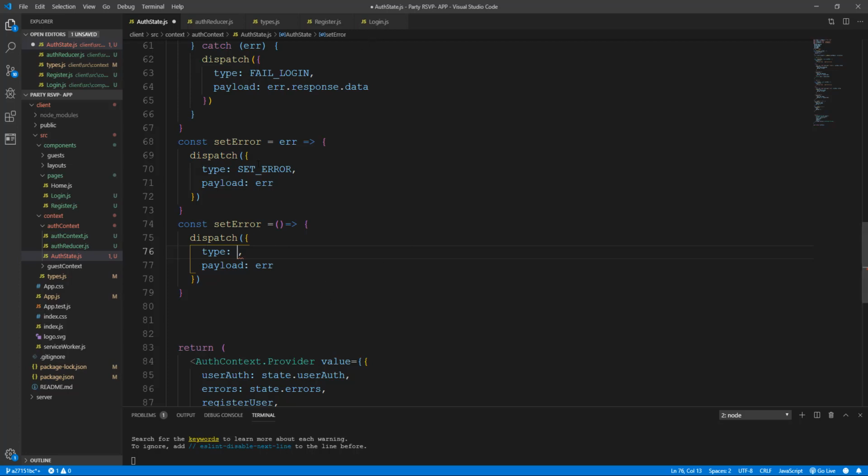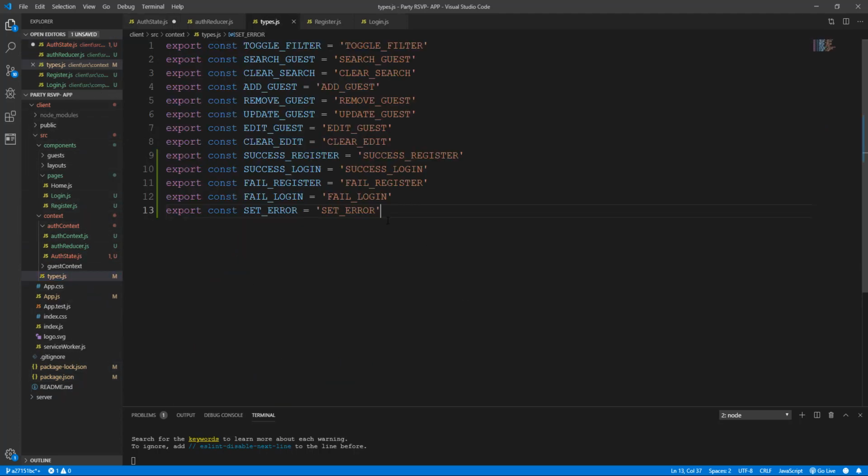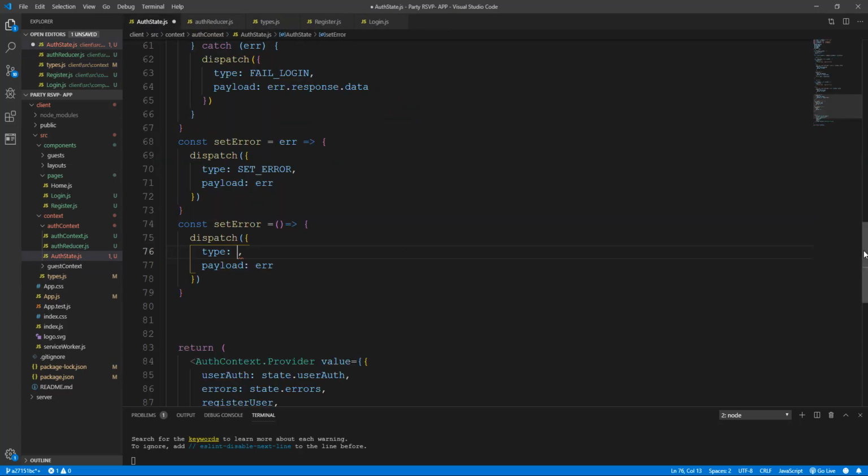Okay, so where is our types? Here, I will just copy it down. I should have done that previously, but clear error, save it, and then we're gonna go into our state again,